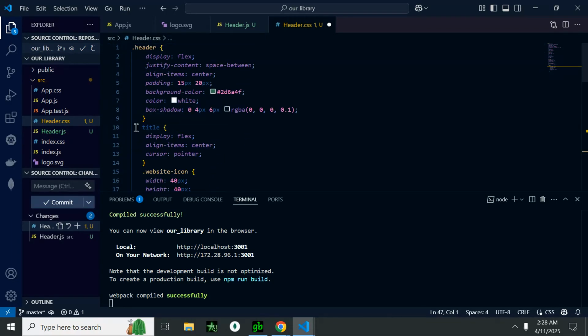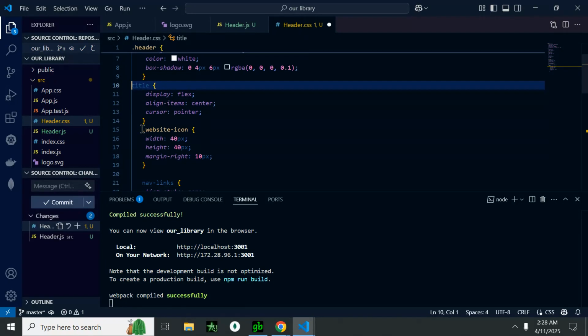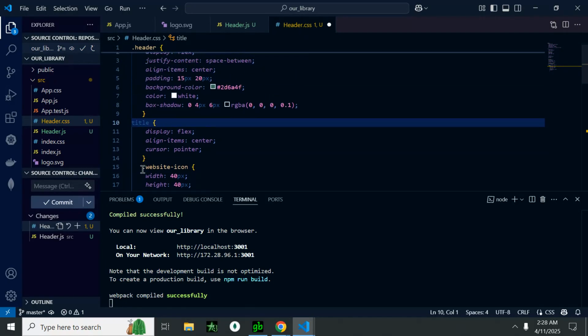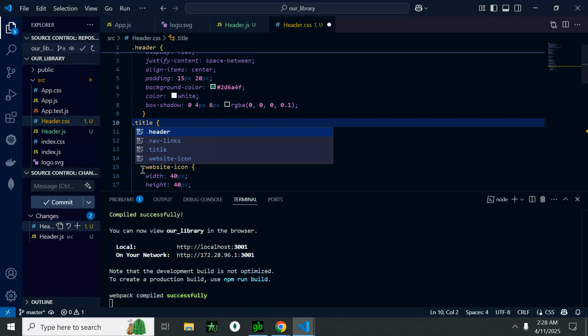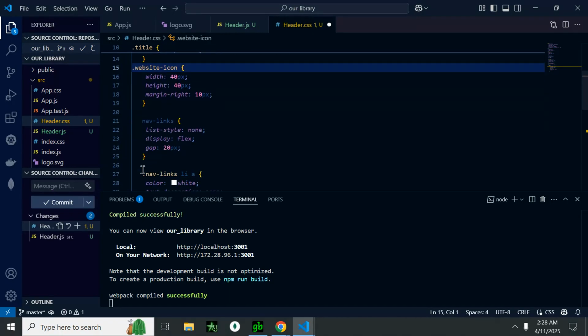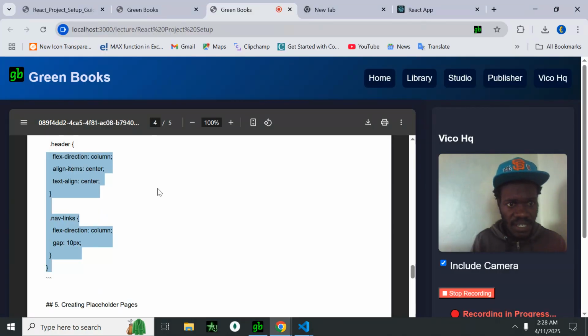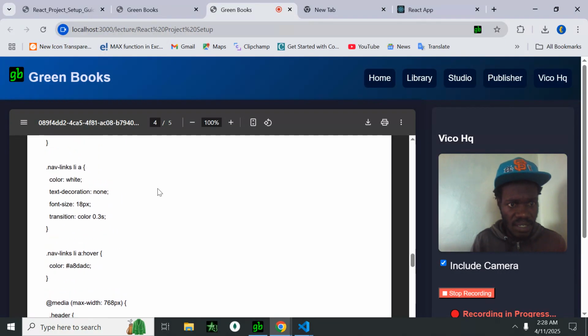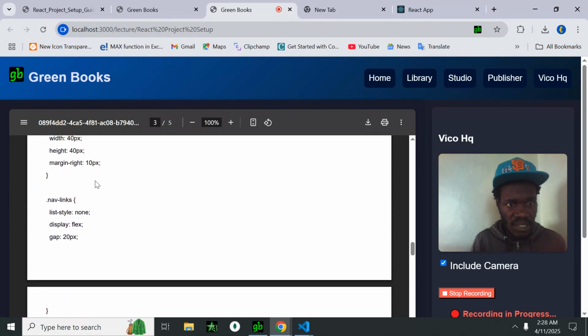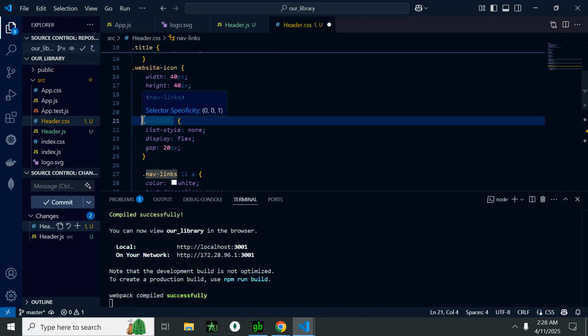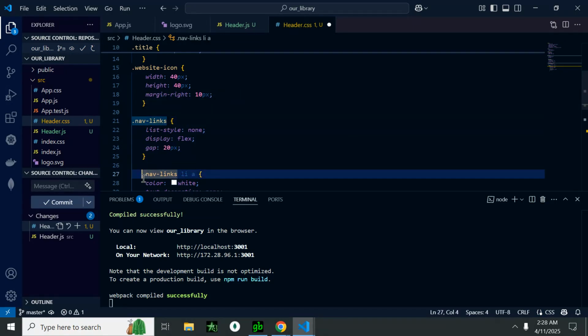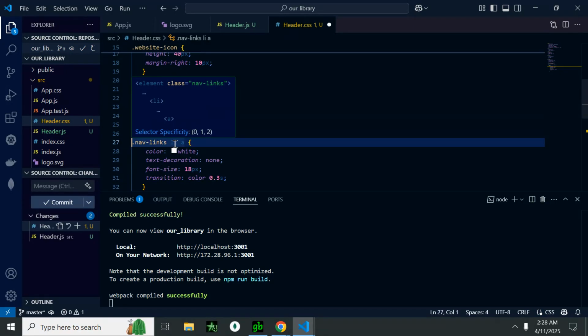All right, so here we are. We have the styling for the title. There should be dot title, website icon. Is it dot nav link? It's dot nav link, right? Yeah, it has to be dot nav links. Dot nav link list items. Okay, so now this is how the list items inside the nav links look like,